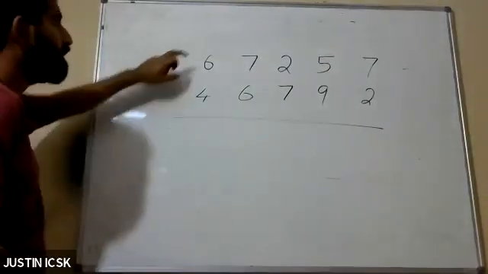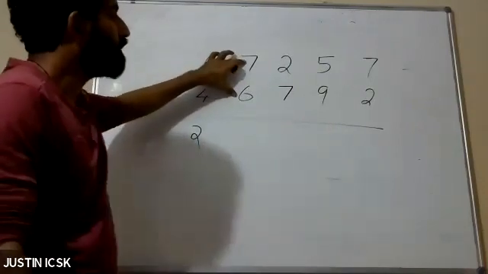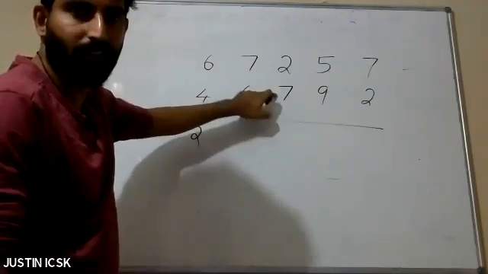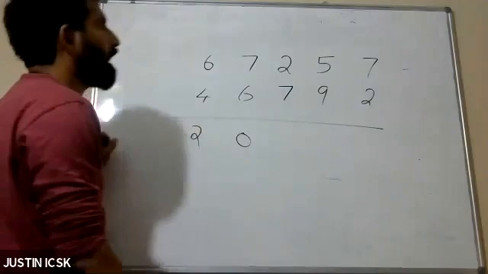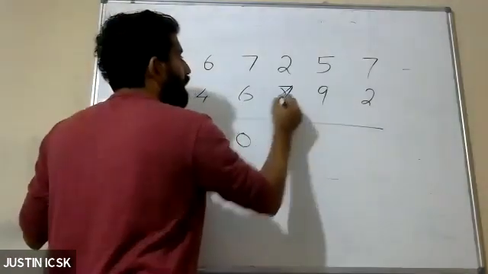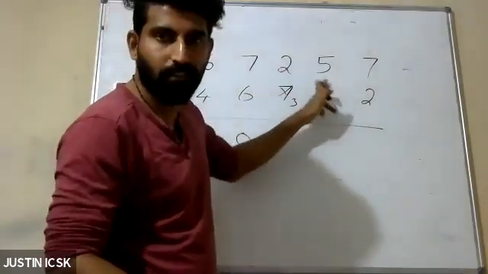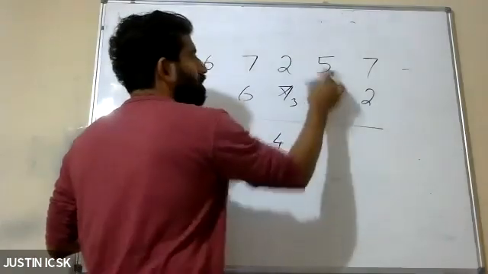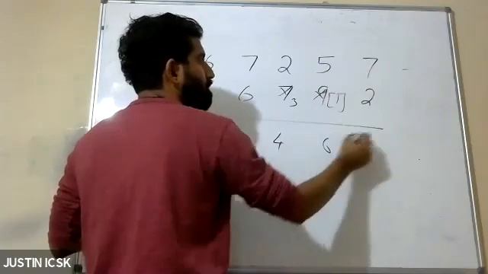I'll just check that your answer is correct. Direct only, but the next number is indirect. 7 and 6 is 1. The next number is indirect, so 0, 3, 5. 2 plus 3 is 5, but this is indirect, so 4, 1. 5 plus 1 is 6. This is direct.